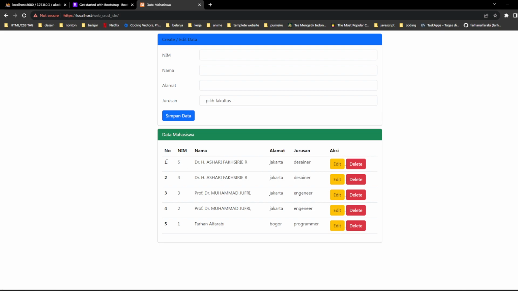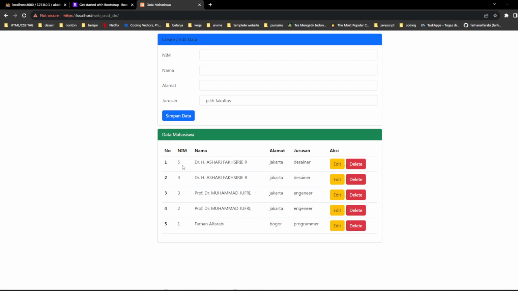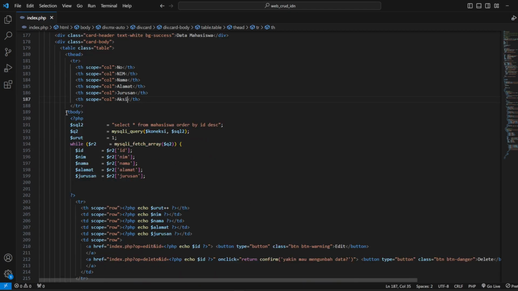And then we have the body. This is called the body. Okay, you can look, this is the body, this is the head.